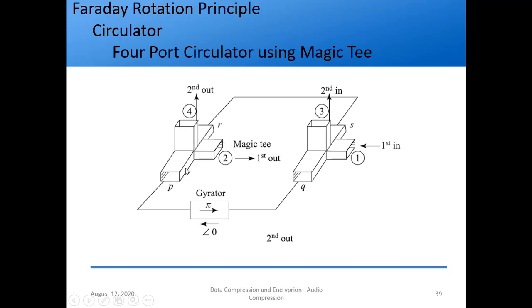They are in phase, right? So we just saw that for H plane T, we revise H plane T also for the same reason. So if I have in phase inputs, the output will be in the magic H plane T, right? So H arm. So what is happening? I am getting the output here. So I am giving the input at port 1, I am getting the output at port 2. Rest all ports are not having any output. So this is acting as a circulator.